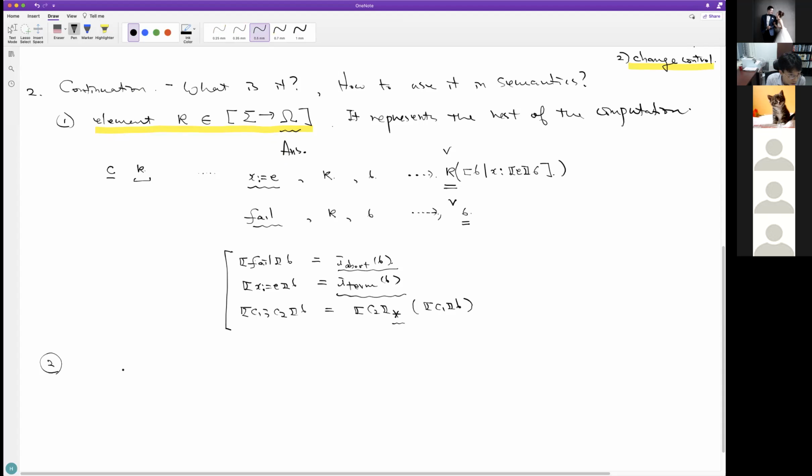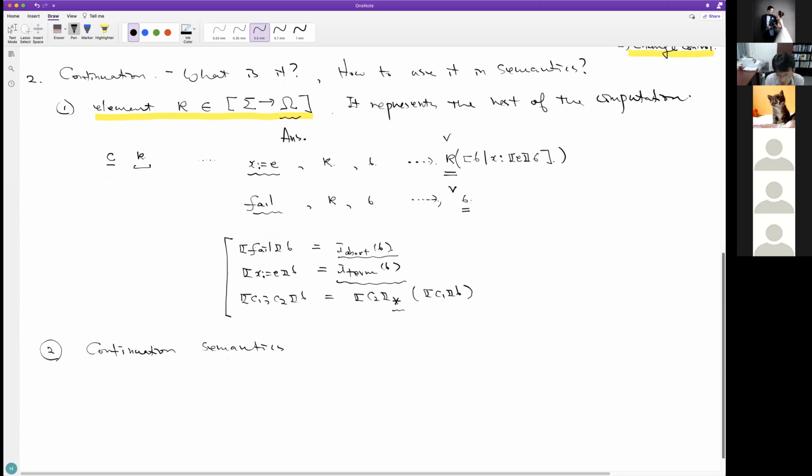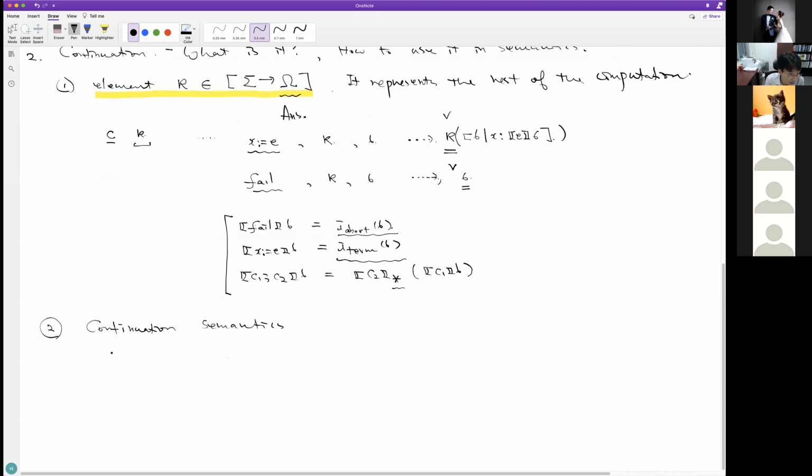Now the continuation semantics uses continuations to interpret programs, and this semantics has the following form. As I said, the most important part of the semantics is the shape or type of the interpretation function. I'm going to write it like this.